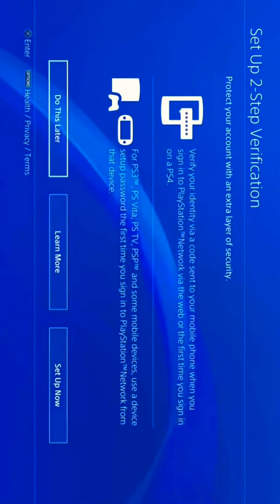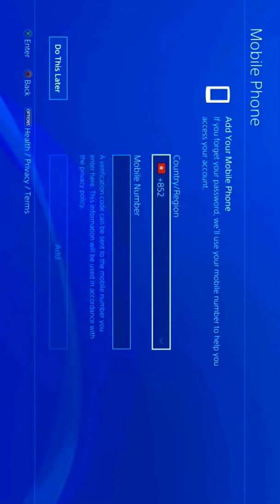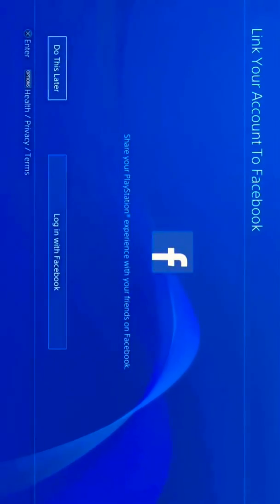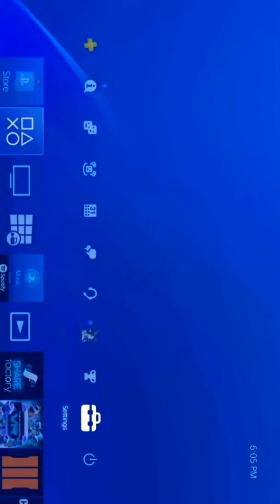It's a two-step verification. This next screen is going to ask you if you want to put in a phone number, and you can just say, do this later. You don't have to mess with that. The next screen is about Facebook. You can do that later as well. The next screen is going to take you to PlayStation Plus online membership, which you do need, and you can purchase some if you want to, but if you want the 2 day free trial, then go to the main dashboard